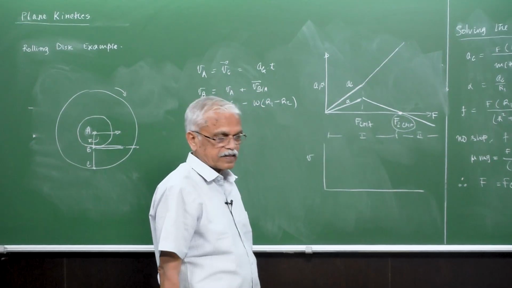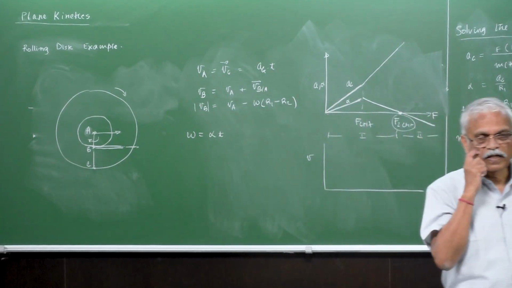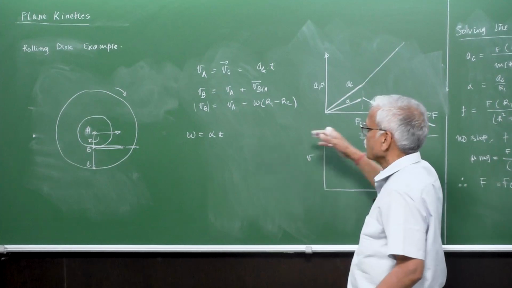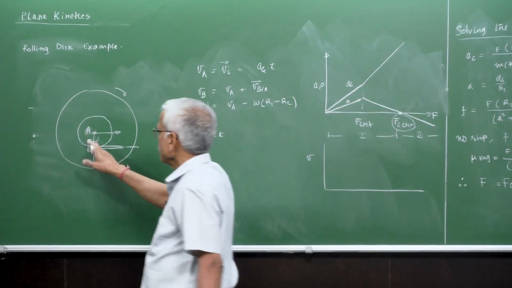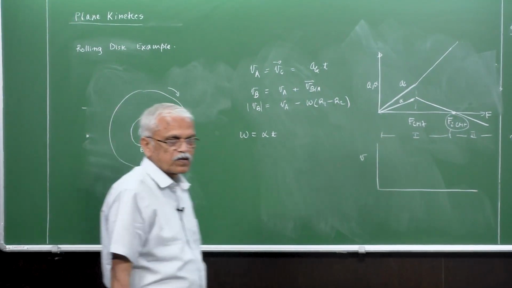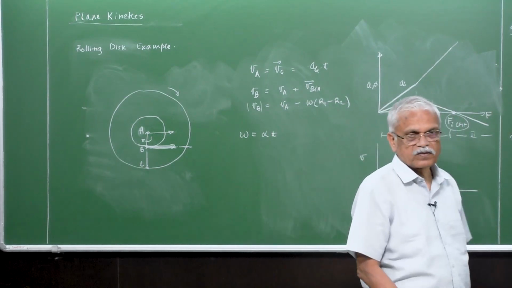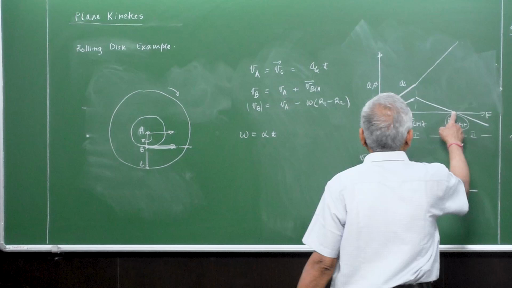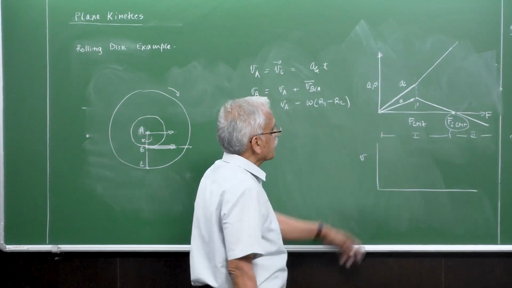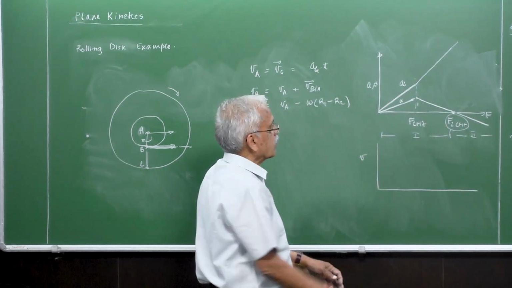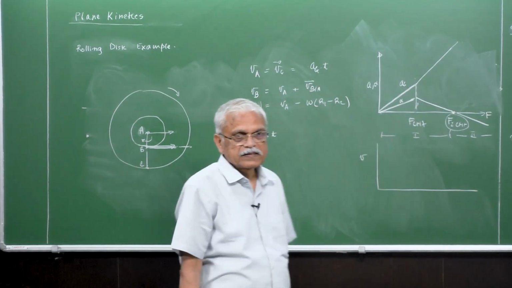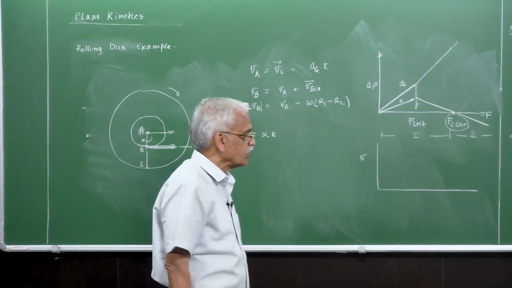At this second critical value, alpha is 0, so there is no angular velocity for the drum, and so there is no relative velocity of B with respect to A. Both have the same velocity, and so the rope will neither unwind nor wind, so they move at the same place. But before that, what happens? Before, say for example in this portion, we know that there is no slip. So what does that mean? If there is no slip,